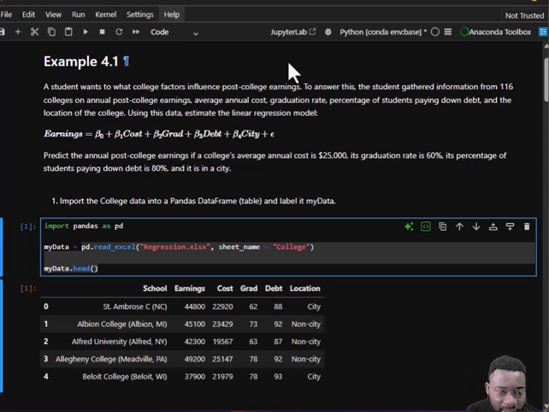So we have the formula: earnings equals beta 0, plus beta 1 cost, plus beta 2 grad, plus beta 3 debt, plus beta 4 CD, plus epsilon, which is our error. So predict the annual post-college earnings if a college's average annual cost is $25,000, its graduation rate is 60%, its percentage of students paying down debt is 80%, and it's in CD. So to be able to do this, first we import the college data into a Pandas data frame and